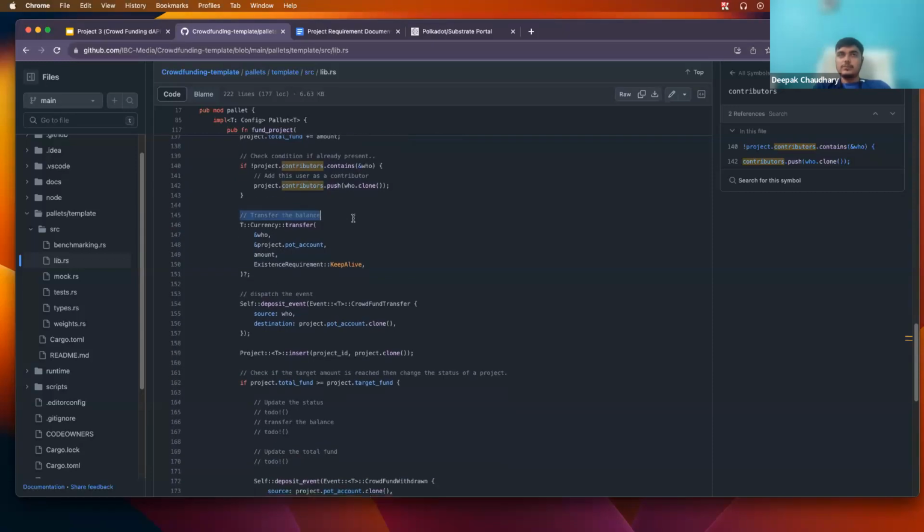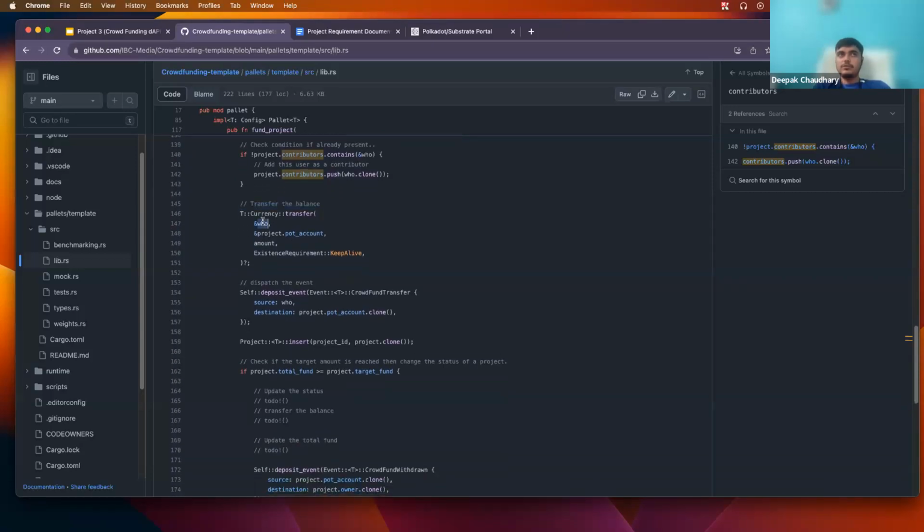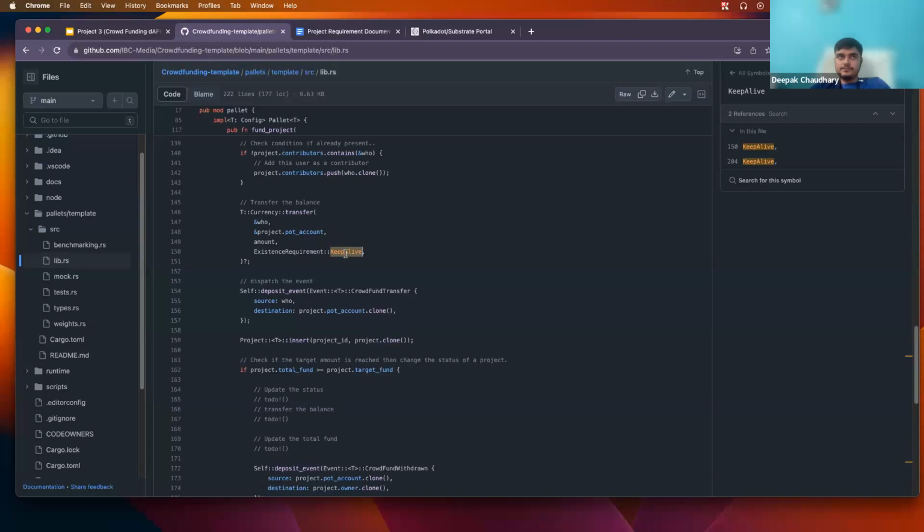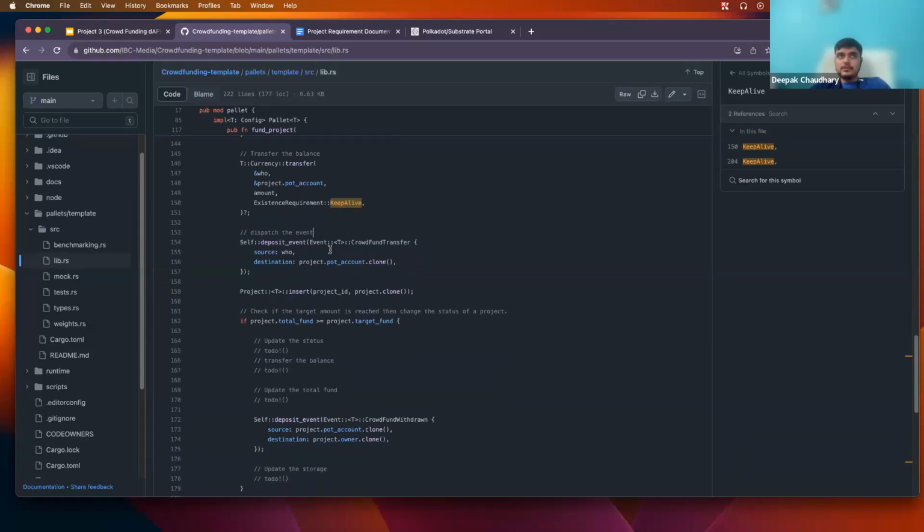And then we are transferring the balance. This is the source, this is the destination, from who to project.pot_account, right? How much amount we need to specify. And after transferring the balance, the account should be active, so for that we are saying keep alive. Then we are dispatching the event that the crowdfund is transferred,